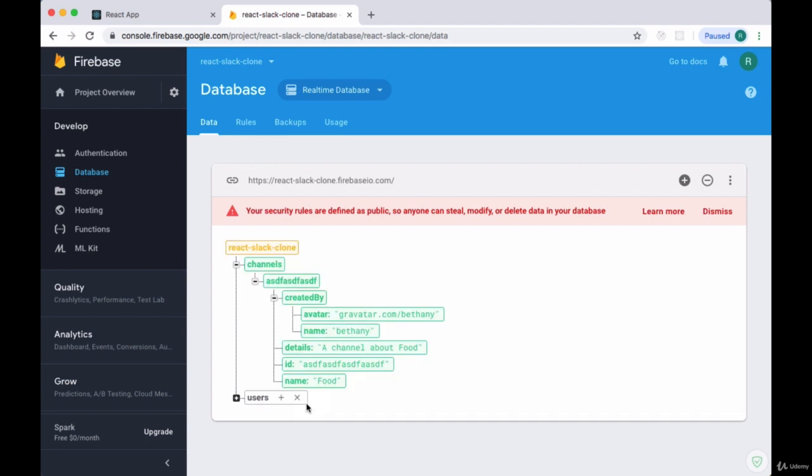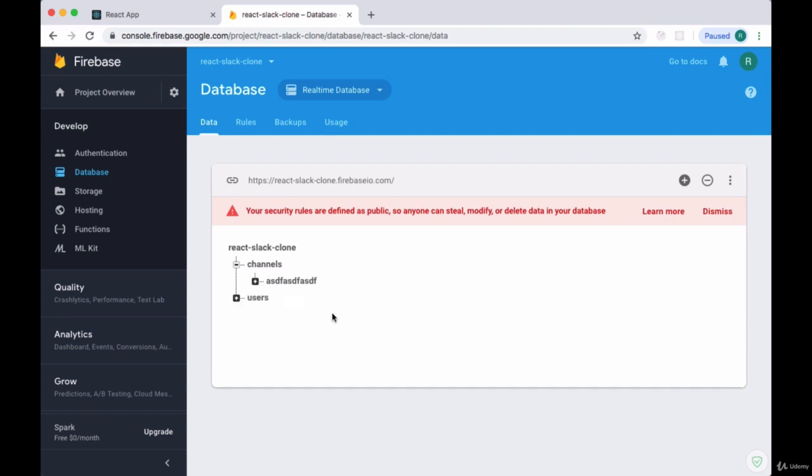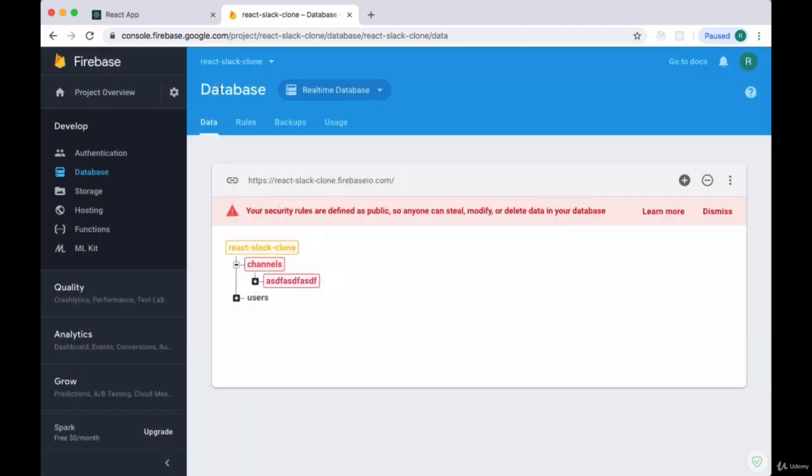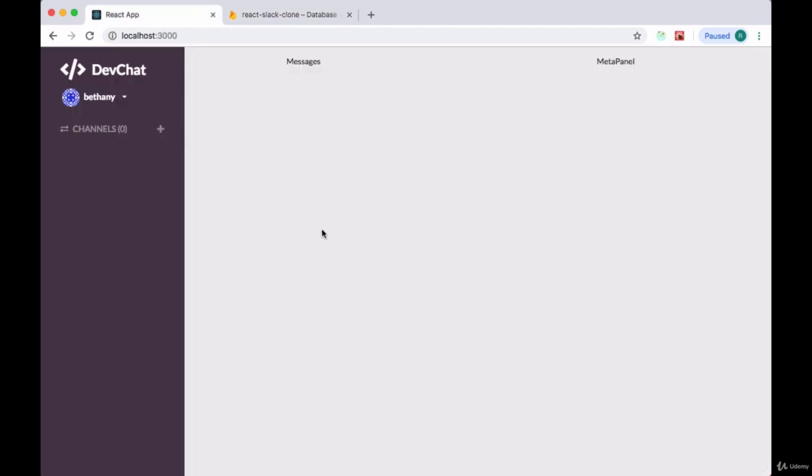We can add that to take a look at what our channels collection will look similar to. So our channels collection will be composed of an array of unique IDs, and within them the channel information that a user has created. So back in our app,